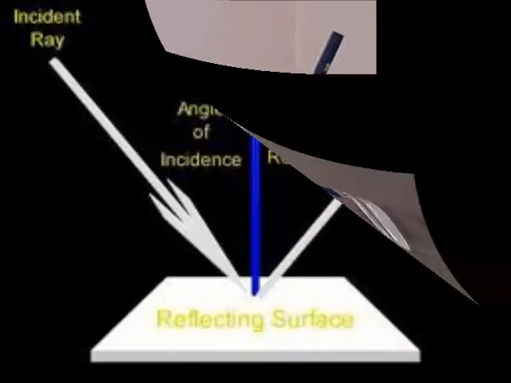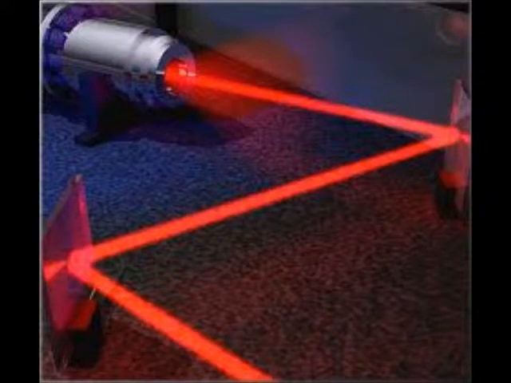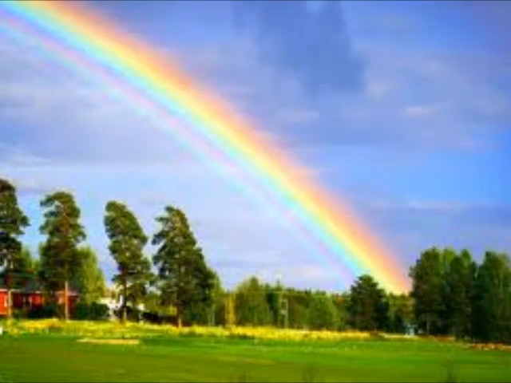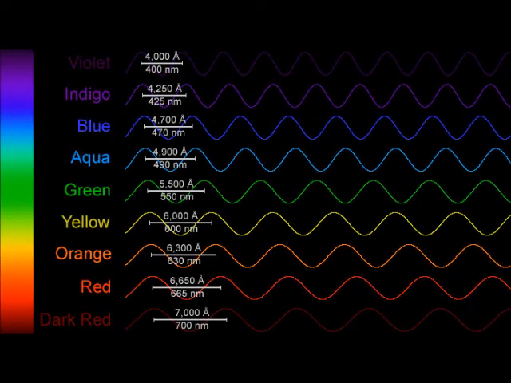Following refraction comes reflection. Reflection happens when a light wave strikes an object and bounces off. When a light wave passes through objects like a prism, it breaks into different components or colors. Just like that, in a rainbow, the human eye can distinguish a range of colors that are often described as falling into 7 broad categories. In order of decreasing wavelength and increasing frequency, these colors are red, orange, yellow, green, blue, indigo, and violet. This range of colors or frequencies of visible light is called the visible light spectrum.